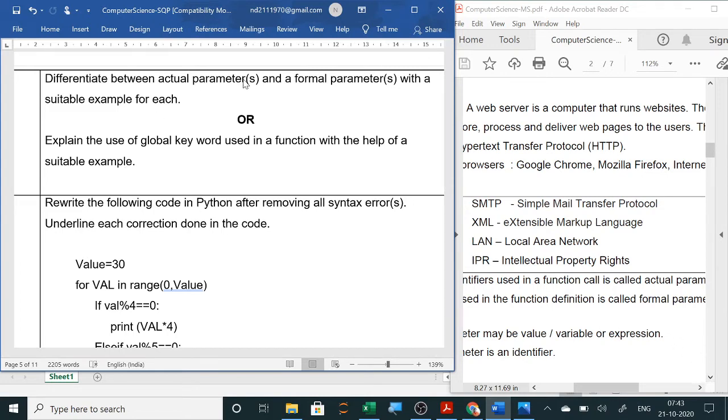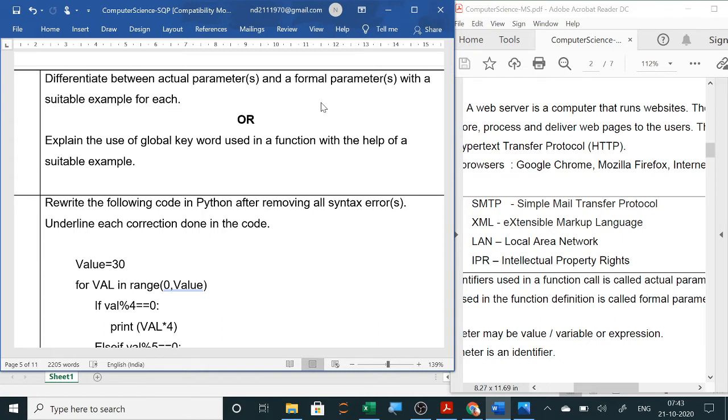Actual parameters are what, in a function call, we give as values or variables to the function. And in the function header, that is def, then the name of the function calc, and in brackets a comma b, these a comma b are the formal parameters, which take the values from the actual parameters.